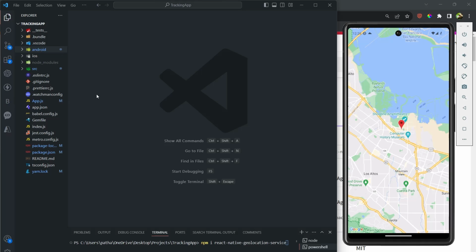So what we have done till here is we have successfully taken the picture from the user and